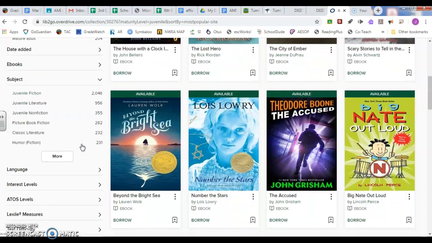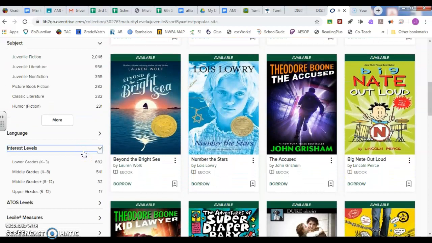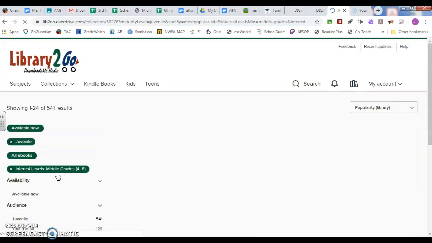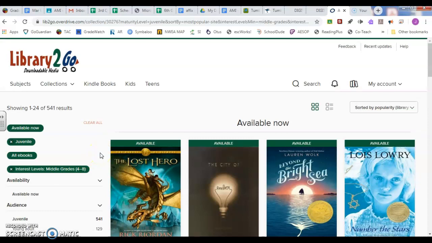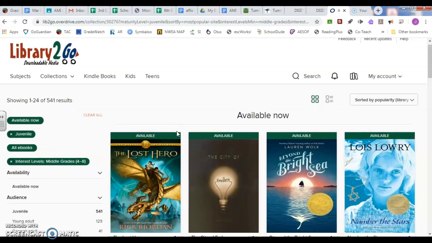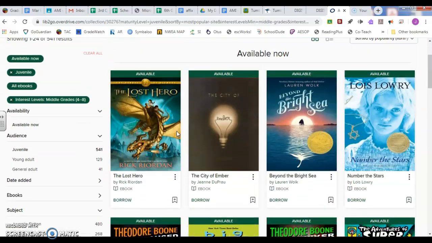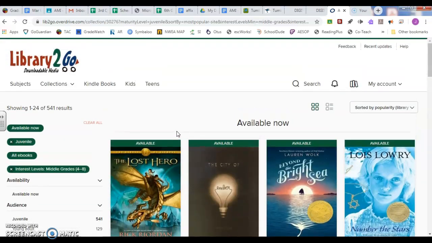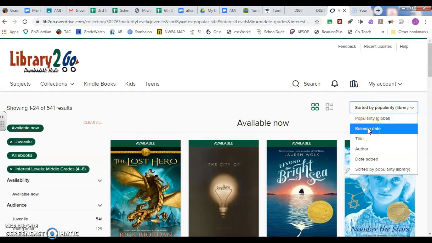and then go down here to interest level. So you don't want it to pull up all these kindergarten, second grade books. So click on middle grades 4 through 8. Okay, so now it's only showing you the books that are available that are in Juvenile that are written to interest students in grades 4 through 8. So once you do this, you'll see all these different books, and they're sorted by popularity. If you would rather sort them by when they came out, alphabetically by the title, by the author, you can